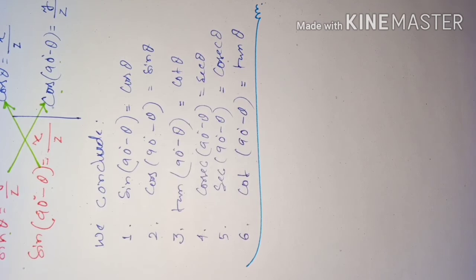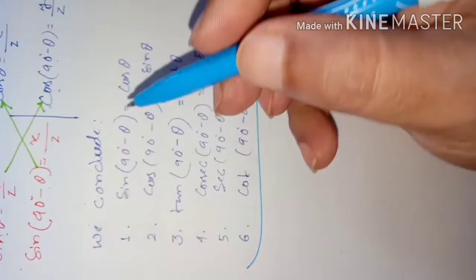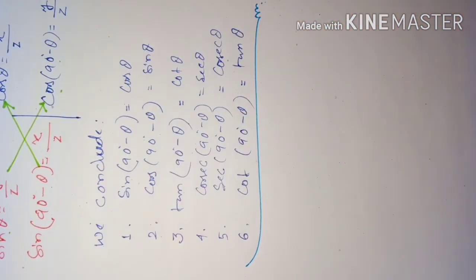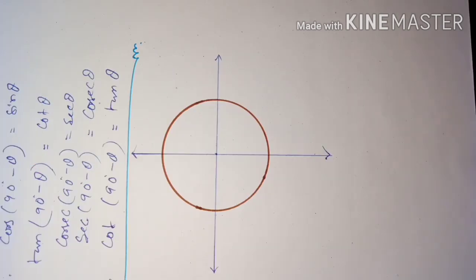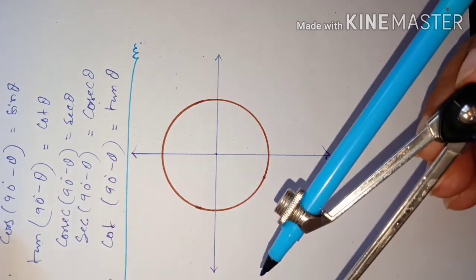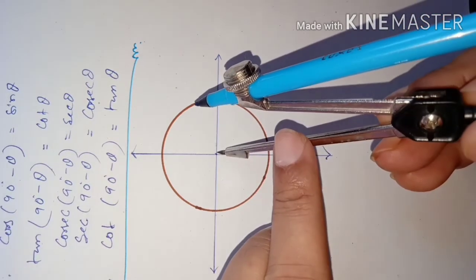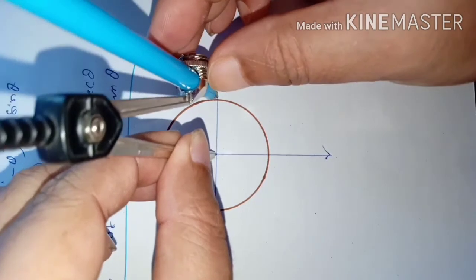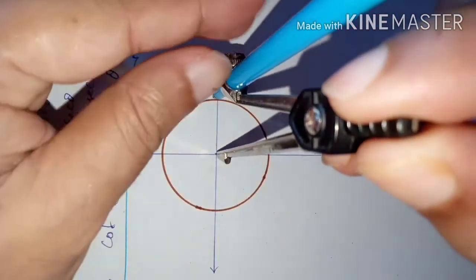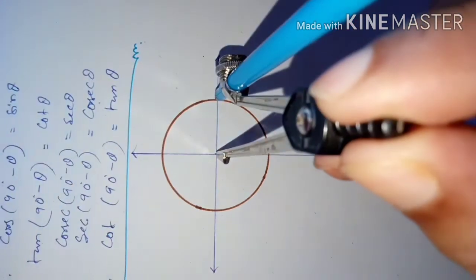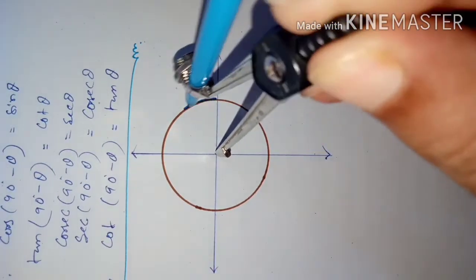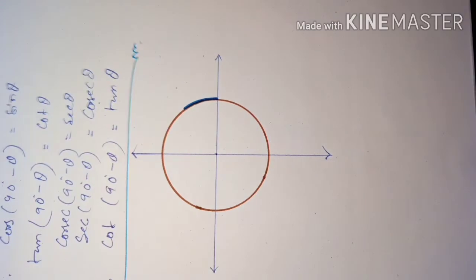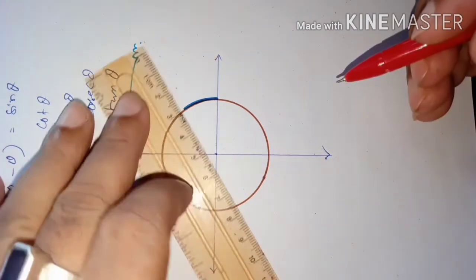Now dear students, this was 90 minus theta. If the angle is 90 plus theta, what will happen? Will sin become cos, or will sin remain as sin only? Let us see that. Just now we learned the T functions of complementary angles. Now think of a situation where the angle is not complementary, but 90 plus an acute angle. How will the trigonometric functions change? Suppose I have drawn an arc which subtends an angle at the center, and this angle is theta.